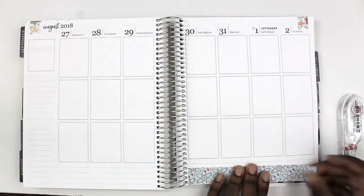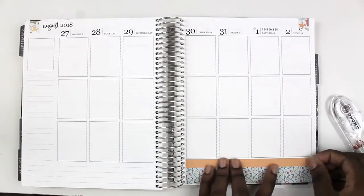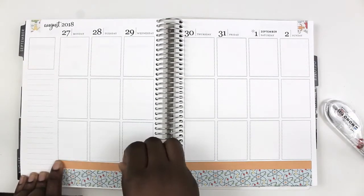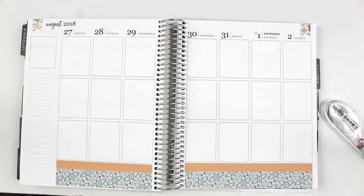A little bit about my planning style. I call this planner my reflection planner. So everything that goes in this planner has already happened. It definitely has a purpose other than memory planning. I use this planner to reflect and compare to my regular planner to make sure that I'm being productive,